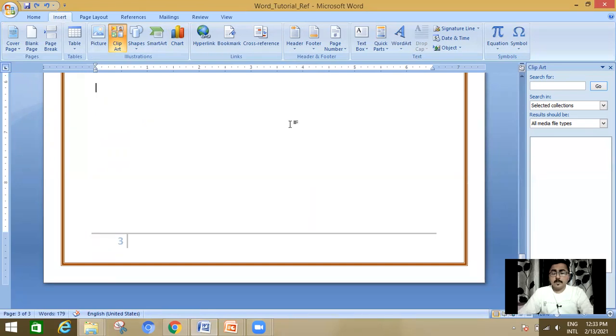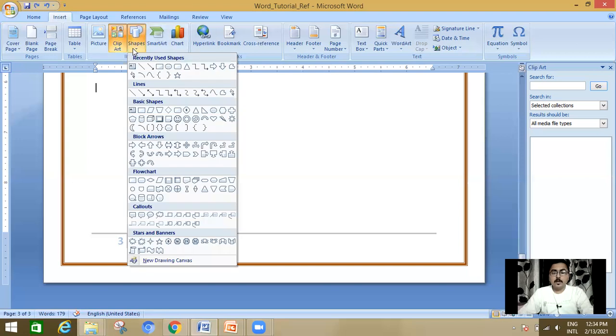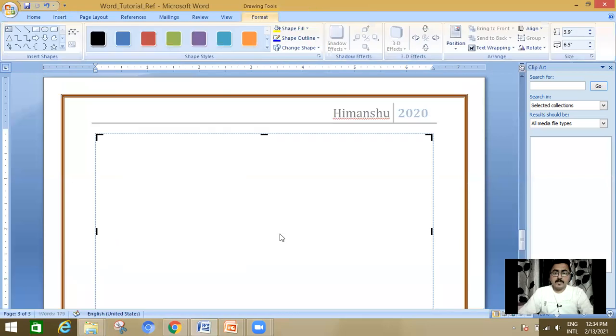One important thing you have to remember: whenever you want to create a shape, always first of all take a canvas. When you have taken the canvas, after that you can create anything as per your need.